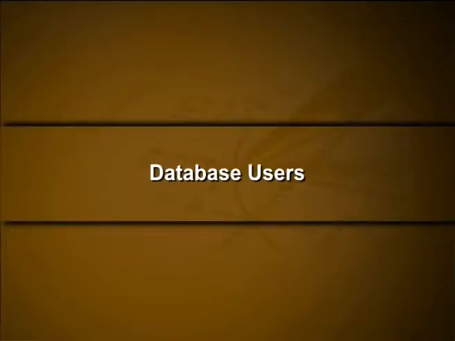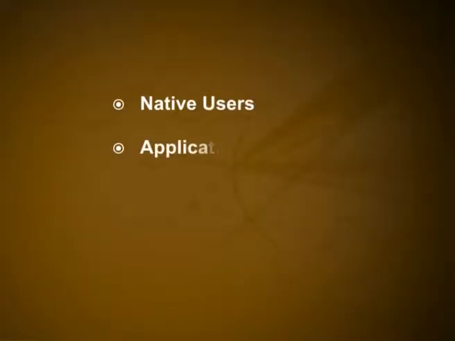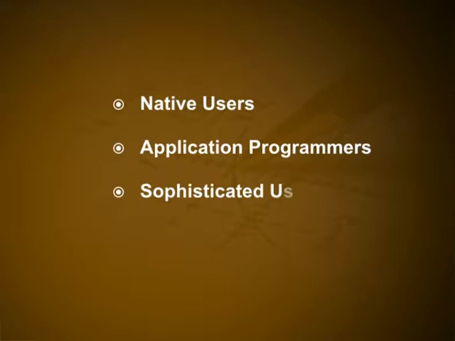Database users. The people who work with databases are categorized mainly into database users and database administrators. We will see them in detail. According to the way of interaction with the system, there are four types of database system users. Different types of user interfaces have been designed for the different types of users. They are naive users, application programmers, sophisticated users and specialized users.